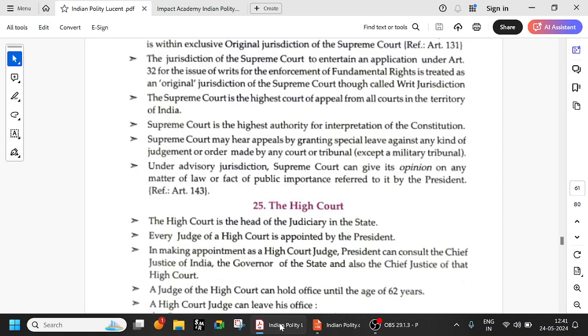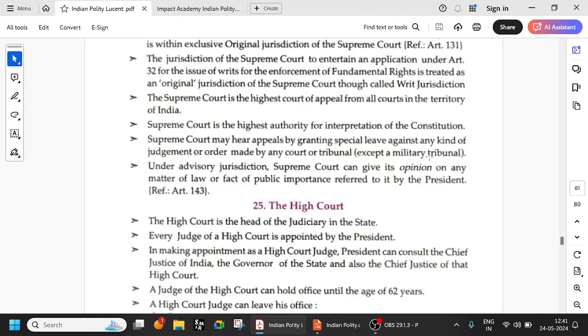But also these loopholes are sometimes used, especially by rich people and powerful people, to drag the cases for many years. So that is one of the biggest problems being faced by the Indian judiciary right now: too much time period. There is no fixed period. For 20 years, 30 years, the cases are being dragged, and delay of justice is also denial of justice, right? So in the mains also you can write that one of the problems the judiciary is facing right now is delay, very inordinate delay. So anyway, remember this, except a military tribunal.